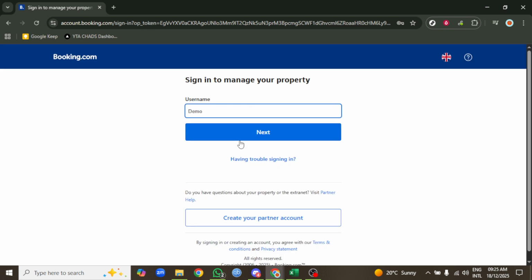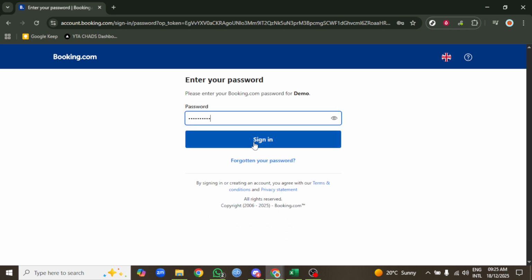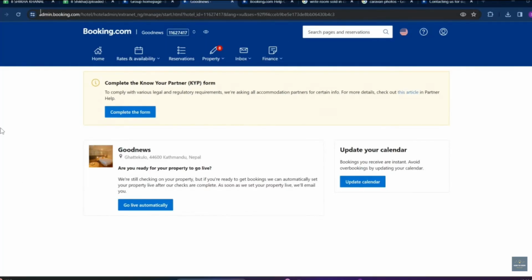First, go to Booking.com using a trusted browser. Type the official web address into your address bar rather than clicking random links, and make sure you see the secure lock icon in your browser. If you manage properties, often consider bookmarking the extranet login page so you can get back to it quickly next